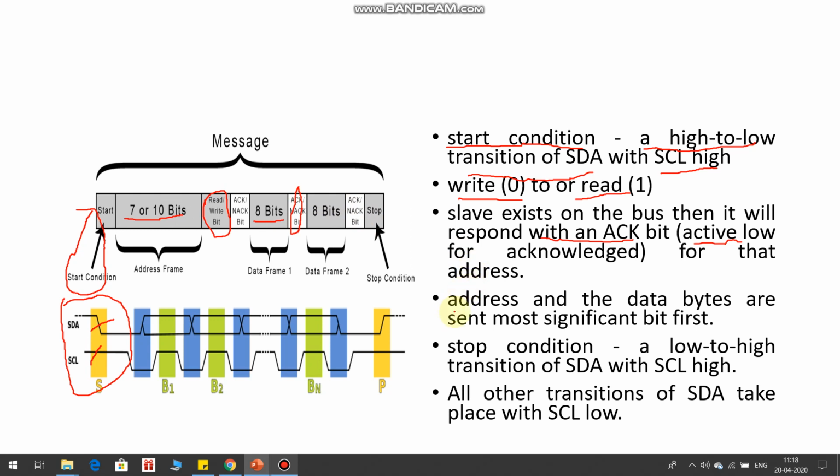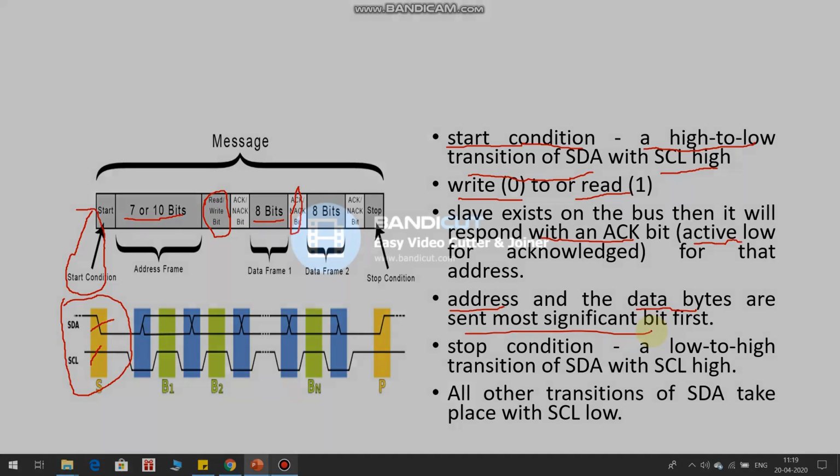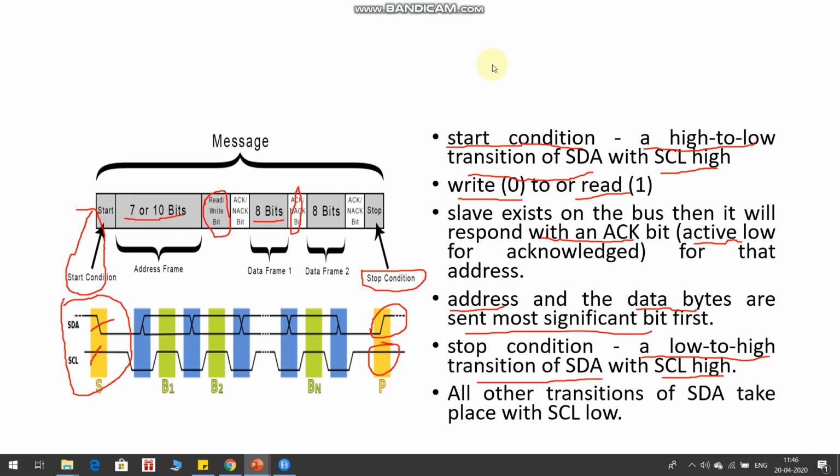One more thing you have to note here, the address and the user data are communicated in MSB first configuration. That means the data will be communicated sending the MSB bit first. After successfully communicating all the data, the master device will initiate the stop condition in the bus.